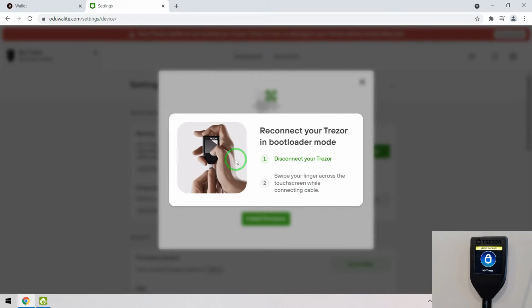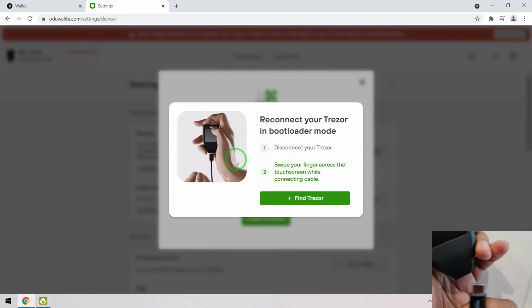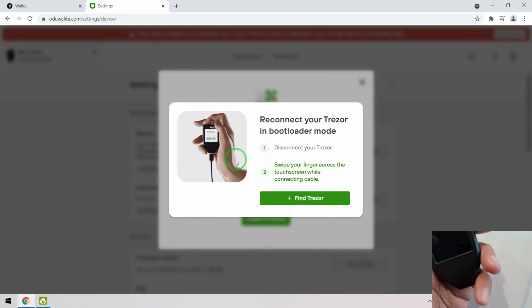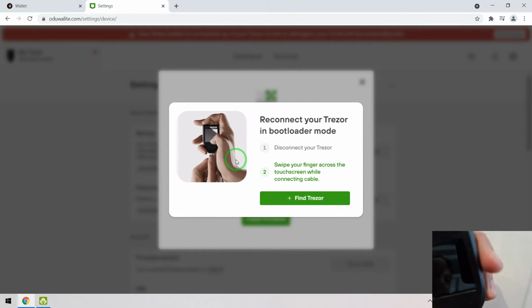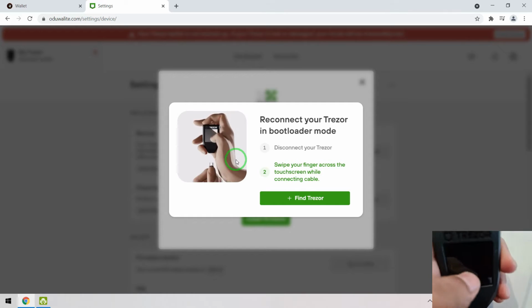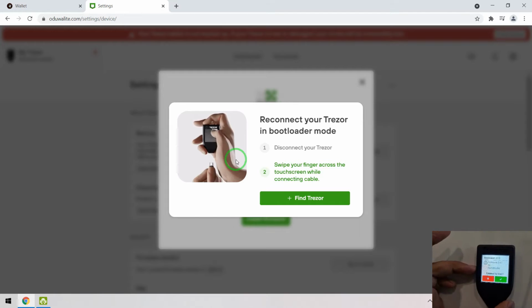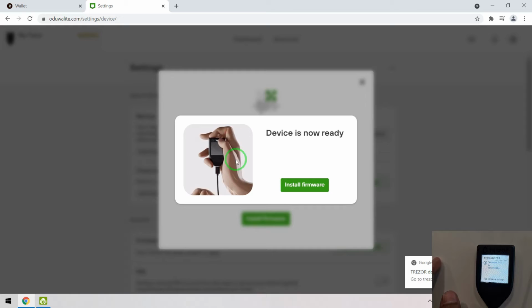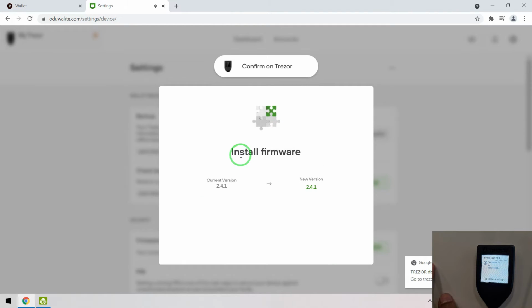Okay, it will show disconnect your Trezor. Now I am disconnecting the Trezor. Okay, now it will show swipe your finger across the touch screen while connecting the cable. So I am doing this. Okay, it will show that firmware 2.4.1 is installed. Yes. Now it shows the install firmware button and it will ask to